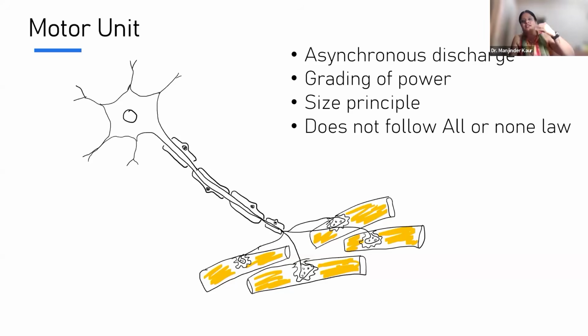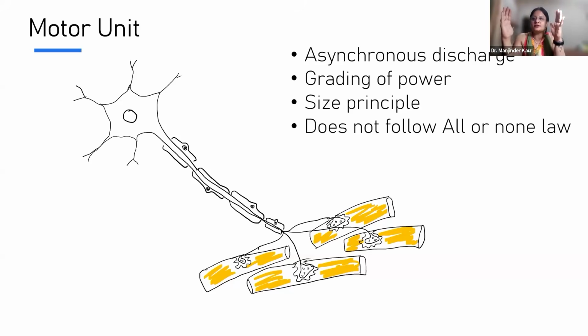Because the motor units, they will be recruited. But a single motor unit will follow the all or none law. इसका मतलब ये है कि एक मोटर यूनिट अगर स्टिमुलेट होगी तो उसके सारे फाइबर्स स्टिमुलेट होंगे, लेकिन जब हम रिक्रूटमेंट की बात करते हैं, जब हम साइज प्रिंसिपल की बात करते हैं, मल्टीपल मोटर यूनिट्स do not